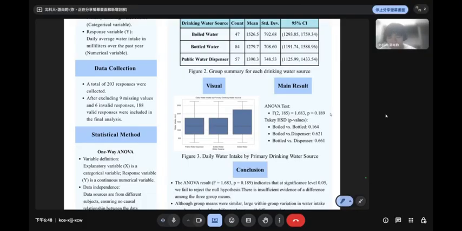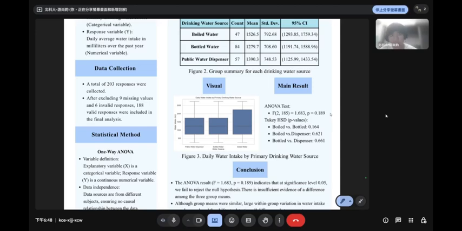Moving on to our visual interpretation, the box plot shown in Figure 3 provides a visual comprehension of water intake across the three groups. We can see that the distributions overlap considerably, and the median values are relatively close. Lastly, each group shows a wide range of water intake values. This overlap suggests that any differences in average intake may not be statistically significant, and our one-way ANOVA produces the